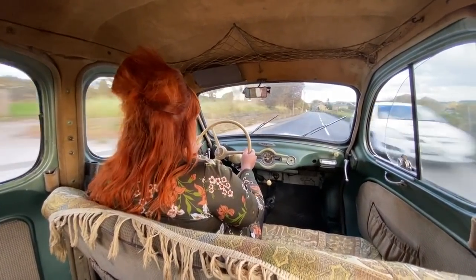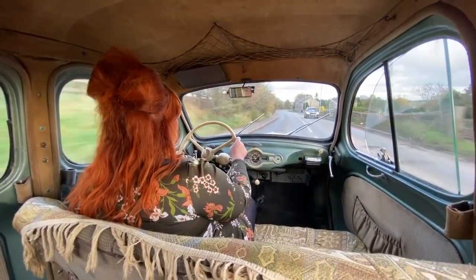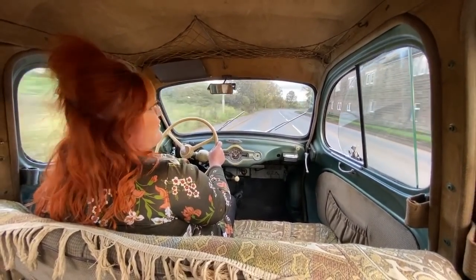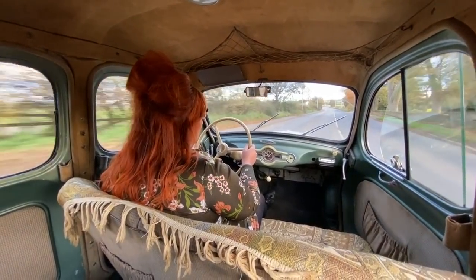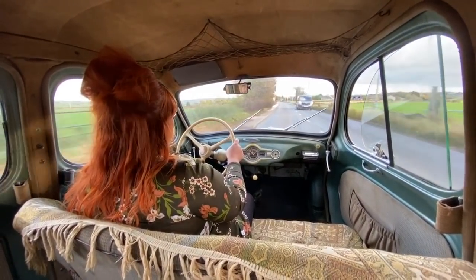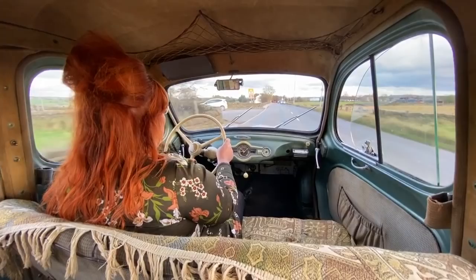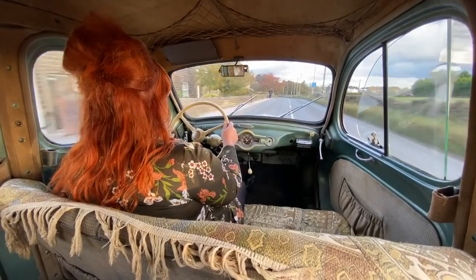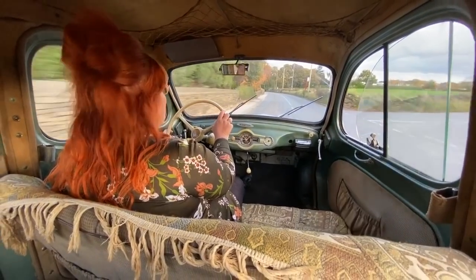Now, when I got into it, I really hoped it was going to be easier to drive, because whilst this is one of my favourite test drives in terms of how bonkers it is, it's not one of my favourite test drives in terms of actually driving the thing, because that gear stick and the gearbox is really holding me back, and I think you would have to be a really accomplished driver to get it right, because it is difficult. Now, I've driven a lot of stuff,